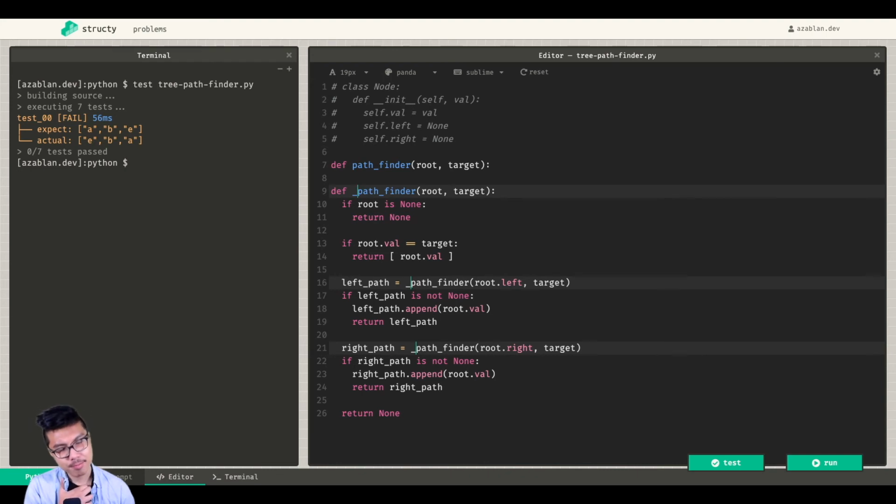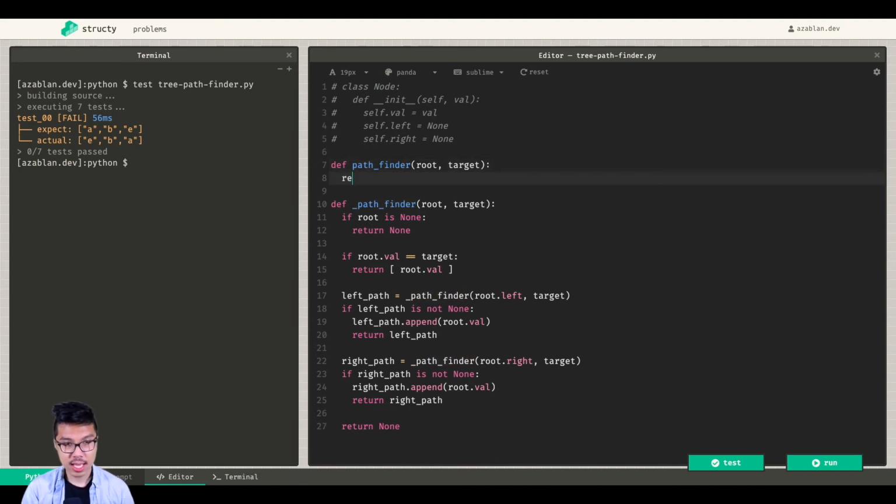Typically, for those of you that don't know, if you name a function with an underscore, just as a style point, it kind of indicates to other people reading your code that, hey, you shouldn't really invoke this function top level. It's like a helper function. And so my main function will be the regular pathfinder. So all I need to do is go ahead and call my underscore pathfinder function. And I know it's going to return some result. So I'll call